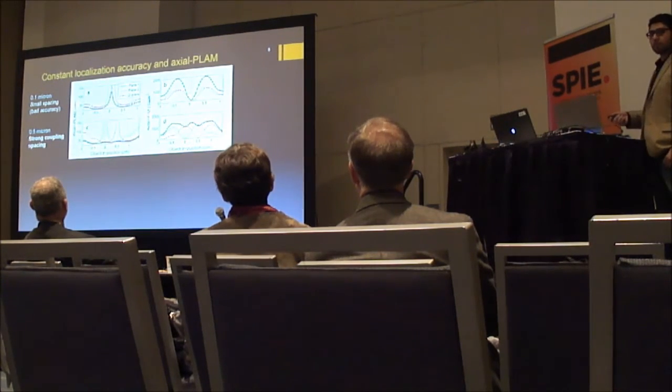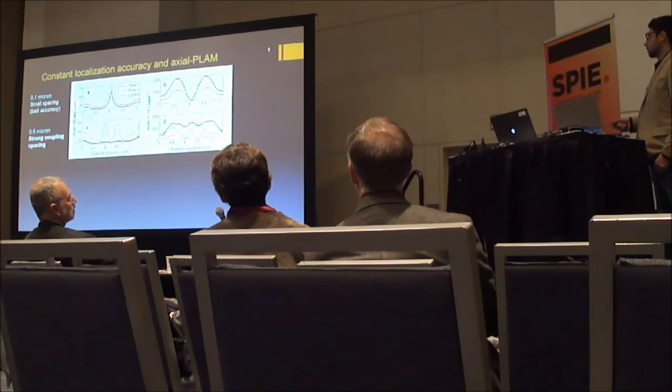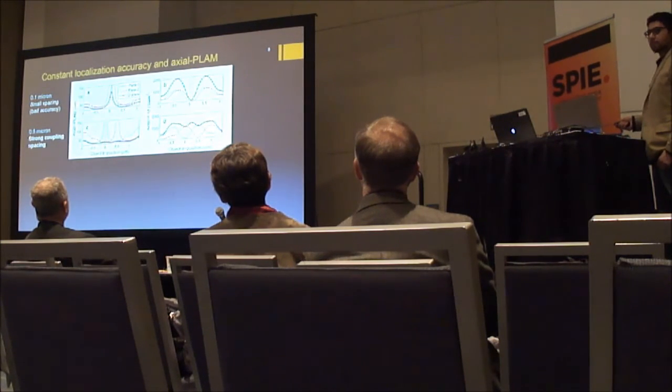And at some point, which we refer to as the strong plane spacing, we get a very flat curve. Turns out to be 0.5 microns for this set of parameters that we used. Now the way that we define this strong plane spacing is based on this curve. So this is the definition. We set the plane spacing to be such that the local maximum of the film of one of the planes overlaps with the 0 of the film of the other plane. So in this way, we maximize the Fisher information matrix.